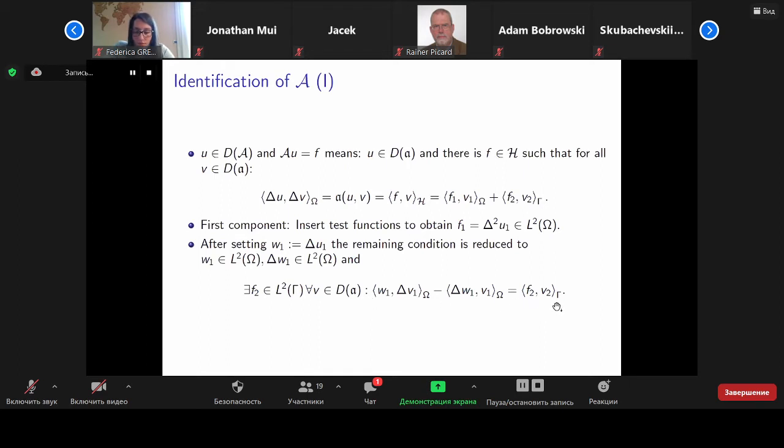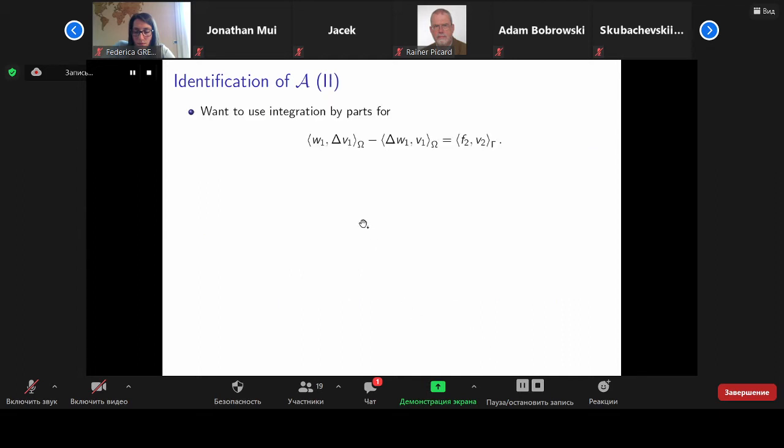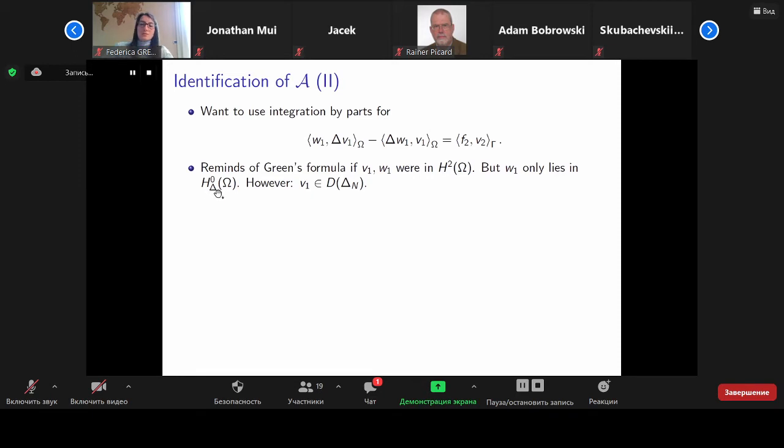And now one sees this reminds us a little bit of second Green's formula. And one would just like to throw the Laplacian over there and then identify F2 as some Neumann trace. But unfortunately, we are lacking regularity. So if V1 and W1 would lie in H2, then everything would be nice and we could do whatever we want. But as just mentioned, W1 only lies in the very weak space H0 delta. V1 is a little bit better, at least it lies in the domain of the Neumann Laplacian, so it has